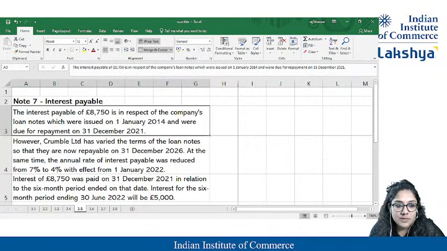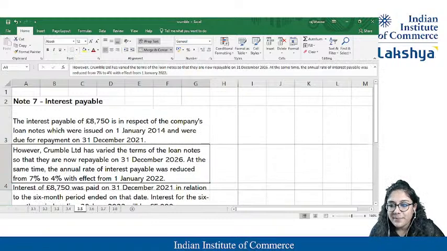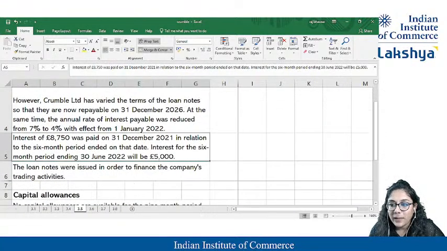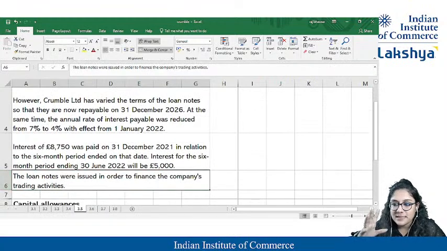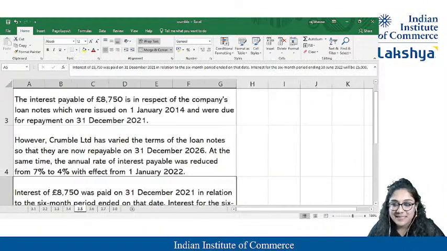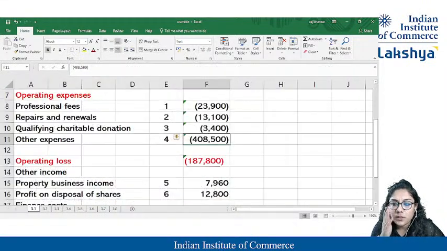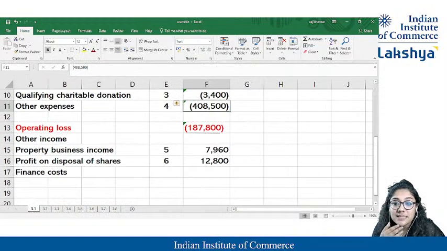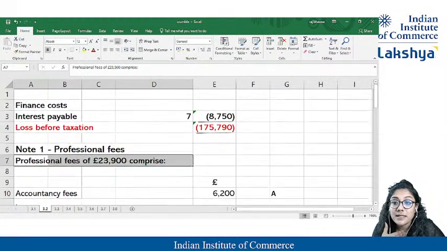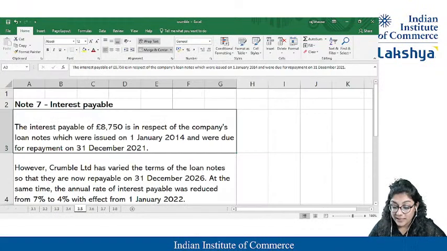Oh, the 7th question, very big. Students, trust me, it is very easy. I make all these things now, but what happens is I just show you the big thing, then it goes away, it is something which mixes. Cool. Interest payable. What is the total in the question? Finance cost, guys. My finance cost is 8750 they have shown, but let's see what it actually is.